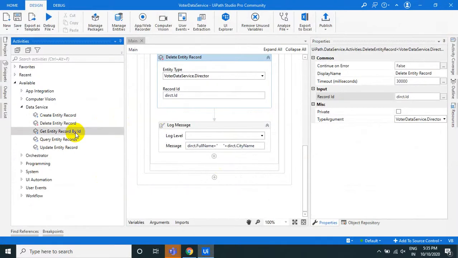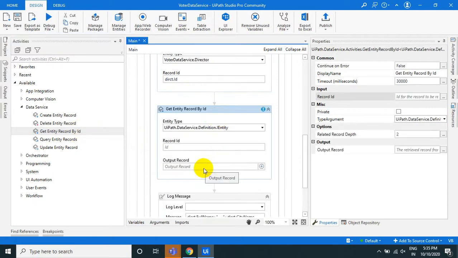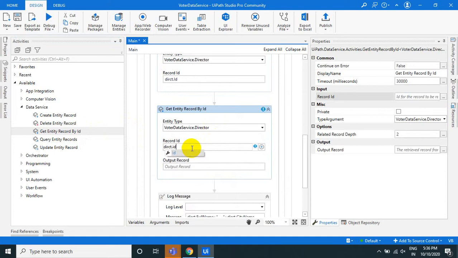Get Entity Record by ID. If you have IDs, you can get the object from the ID. Suppose, for example, you create one more column called current director.